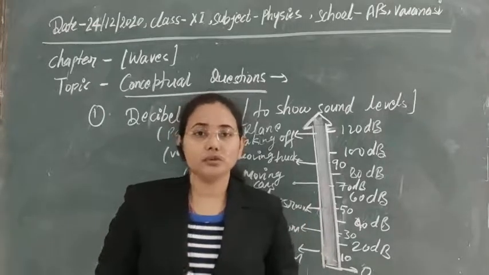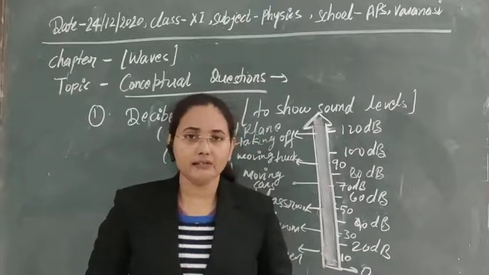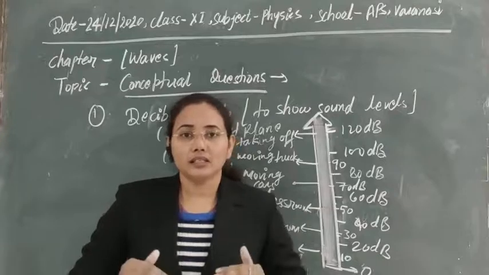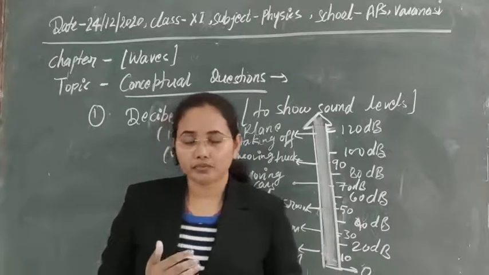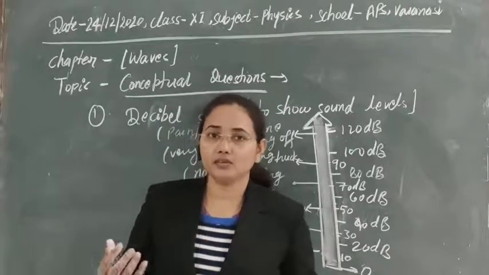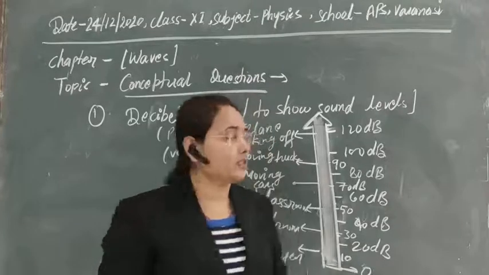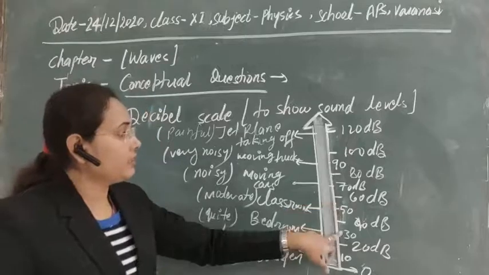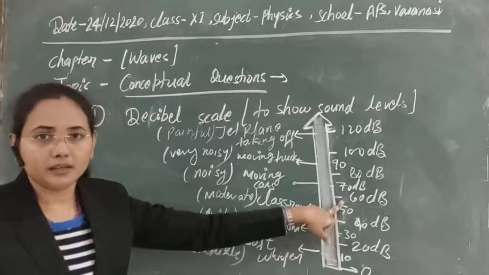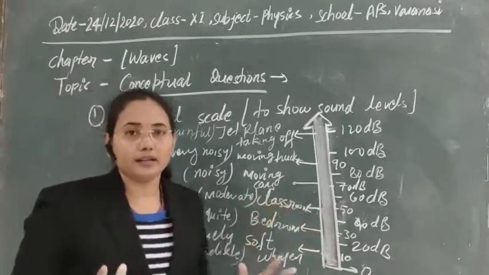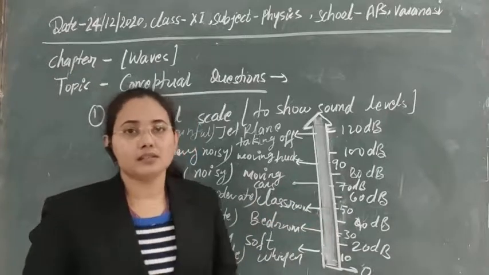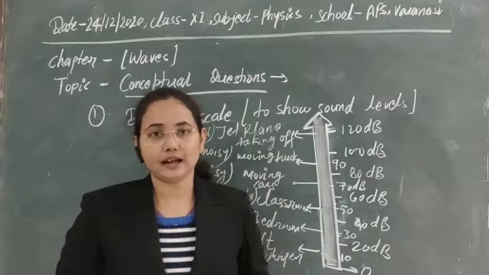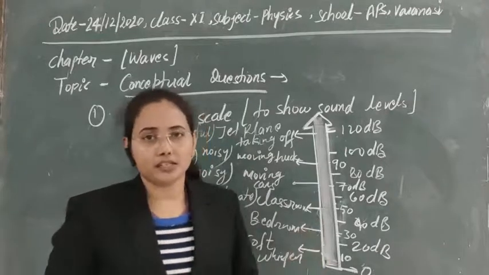What is the use of the decibel scale in your daily life? You can understand at which levels sound is really hearable for us and not too dangerous for us. Between 30 and 60 decibels is a really good range for us, meaning we will be pleased to hear voices producing 30 to 60 decibel sounds.